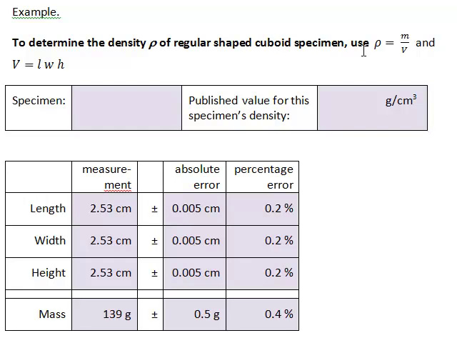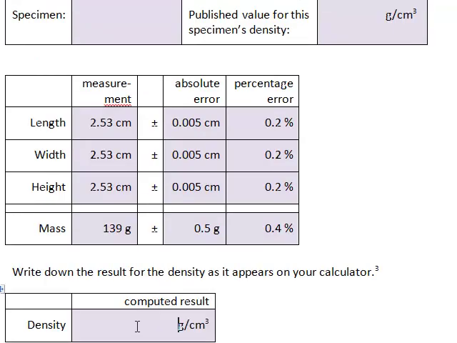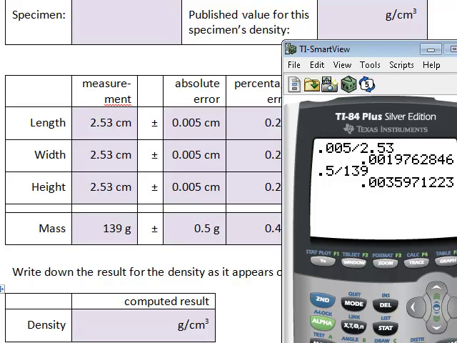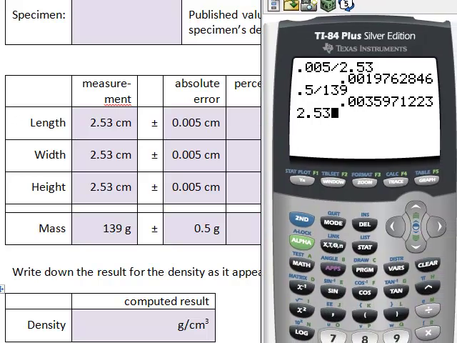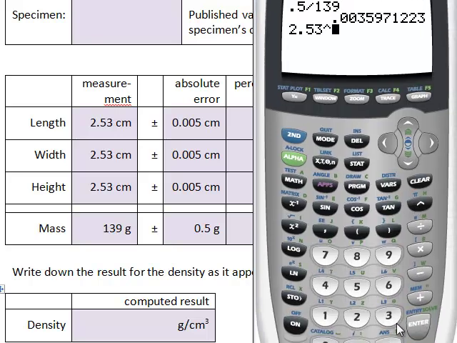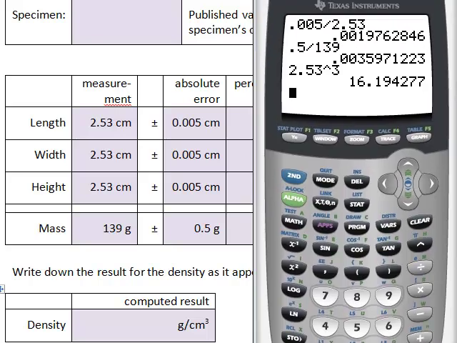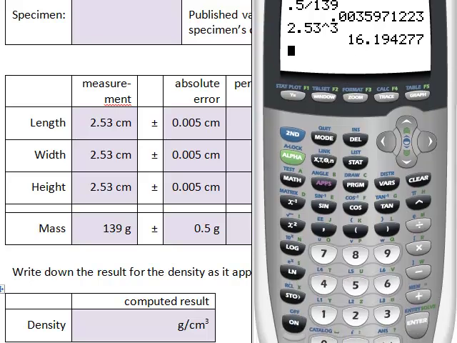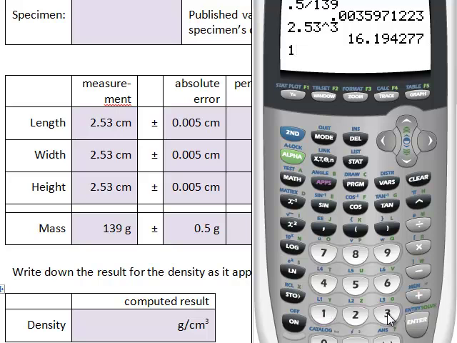Okay, then the density is calculated according to this formula, and of course the volume is length times width times height. So I multiply these three, that gives me the volume, and then I divide it into the mass, and that gives me the density. So let's see, 2.53, and then I have the luxury of saying to the third power, so 16.2 cubic centimeters. There's no space to write this down because I just want you to write down the density once you're done. So it's 139 grams divided by that result,